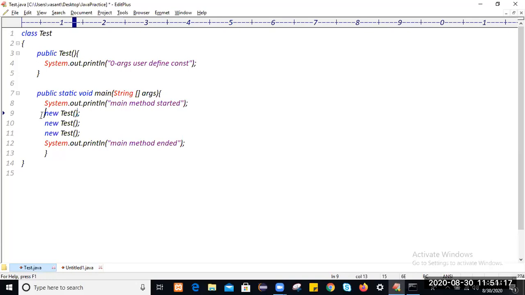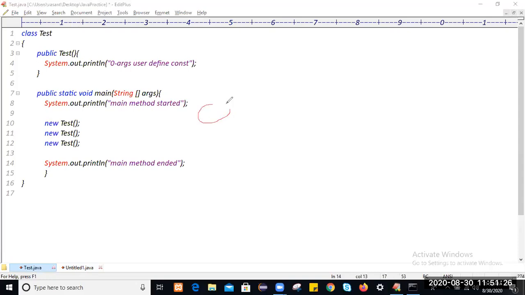How many times have you written this line? Three times. Every time you write this statement, a fresh object gets created. All the objects are nameless objects. When the object gets created, the corresponding constructor gets executed.